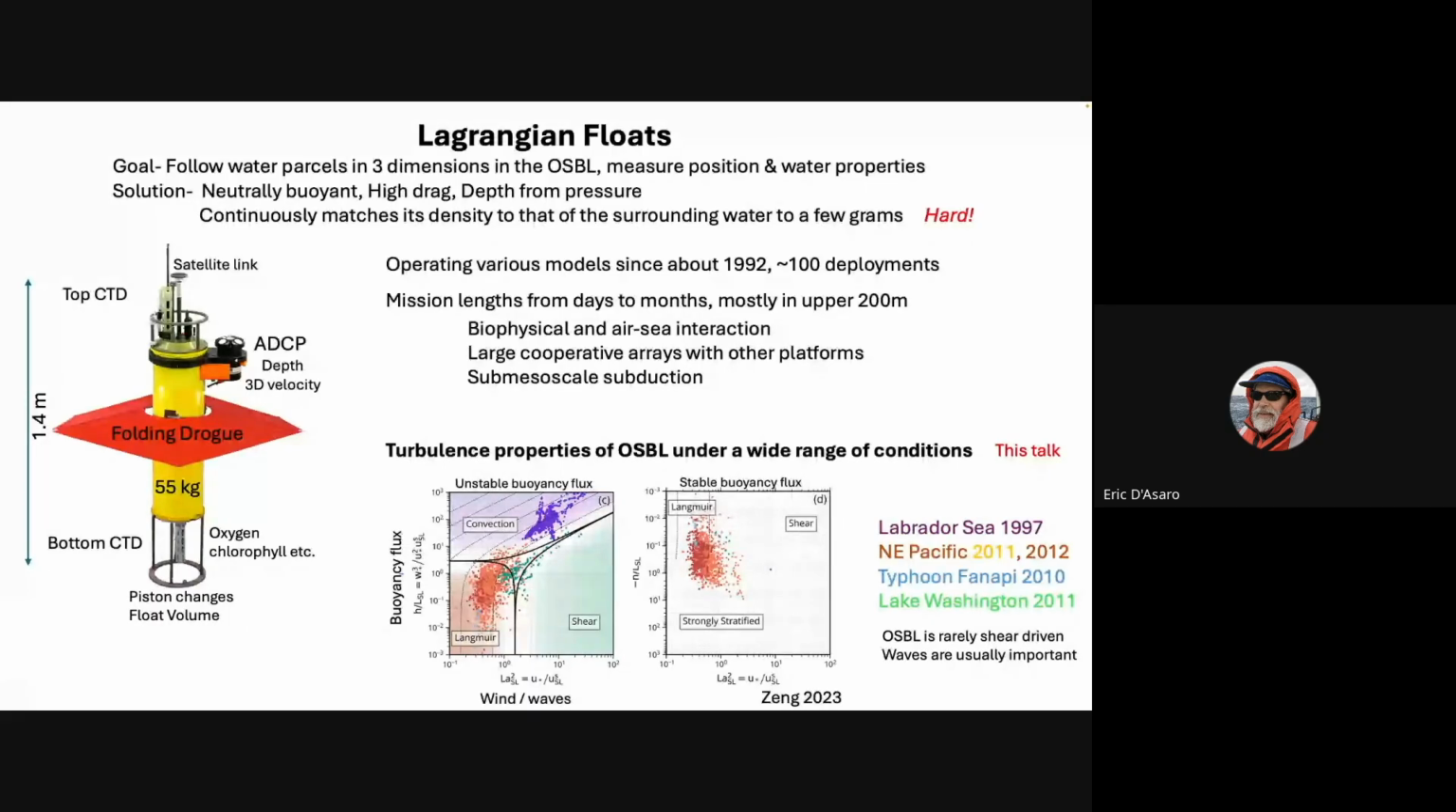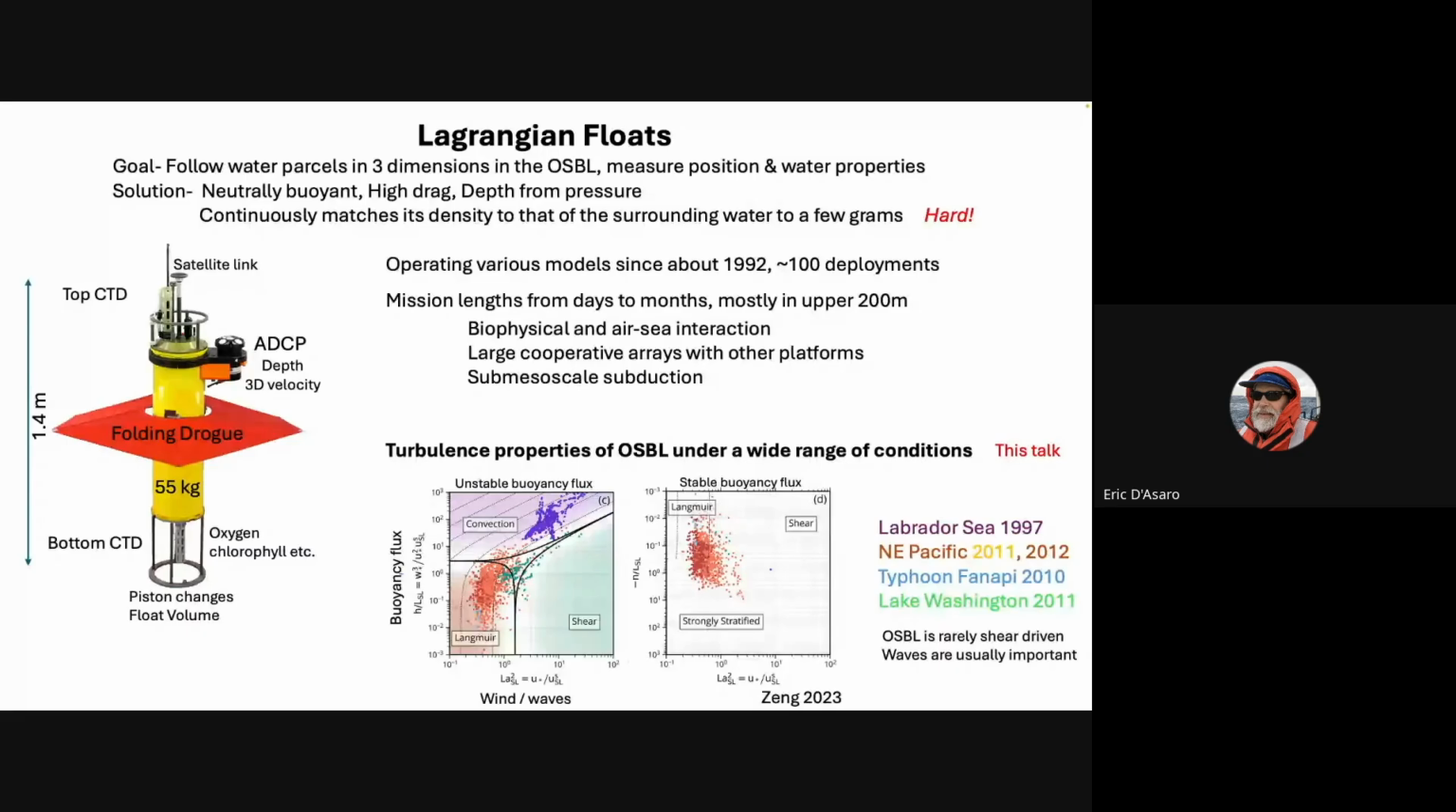And you do all, and this is not easy to do, but we can match the density of this instrument, that's a 50-liter instrument, to that of the water to a few grams. That's almost a 1 part in 10 to the 5th operations. It's hard. And we're doing this for a long time now, and we've used it in all sorts of places all over the world, not just for this problem, but for other problems, and importantly, under a wide range of